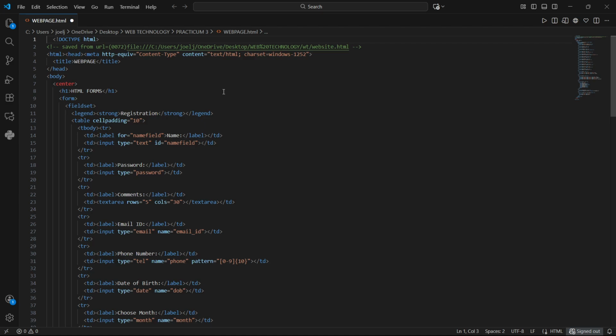box tag form, and I used a legend tag and strong tag for the word registration to be strong and bold, and I used a table with cell padding for aligning the space, and I used TD for table data for the name field,